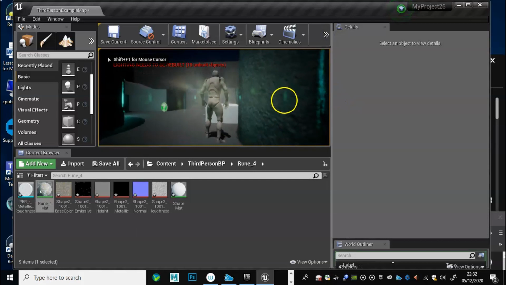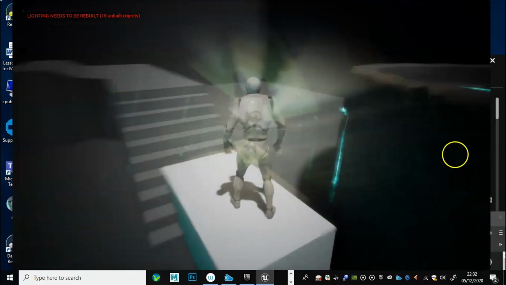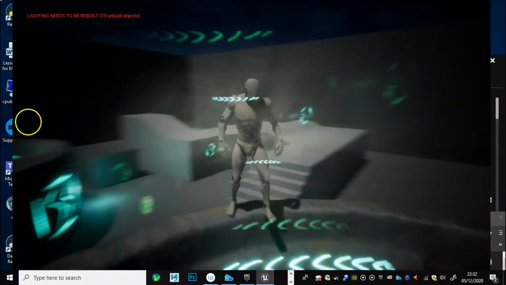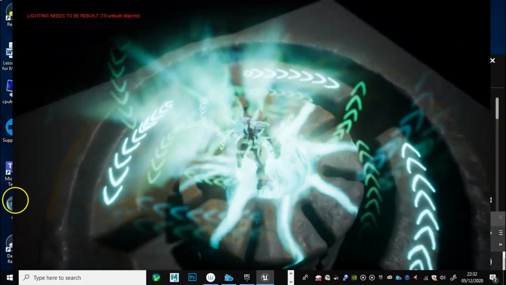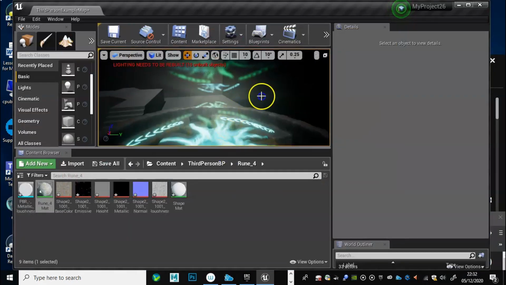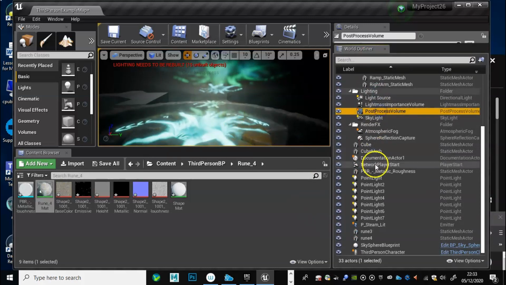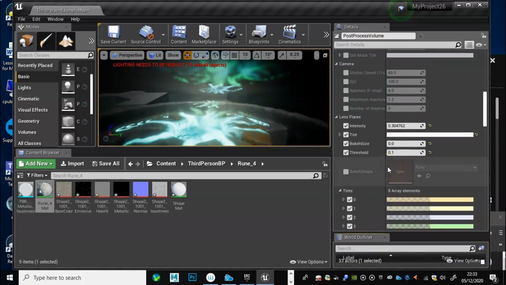Another thing I forgot to mention is that when you're messing around with lighting, you want to also build lighting. Now that's quite intense. I might just zip that down a little bit. But it's still looking pretty cool. Let's just dial it down a bit though, because it's a little bit oppressive. So we'll go back into the world outline. We'll select the post-processing volume this way, and then we'll have a look at our details. So when it comes to this kind of refraction,